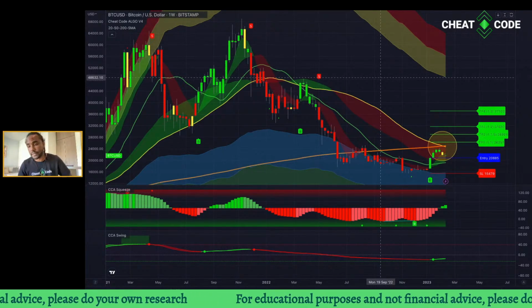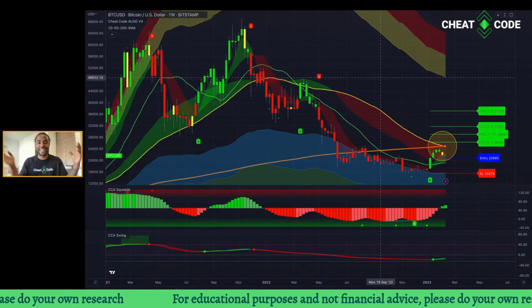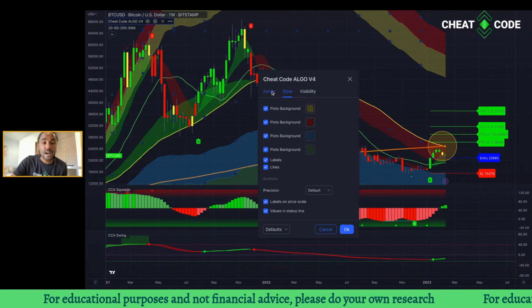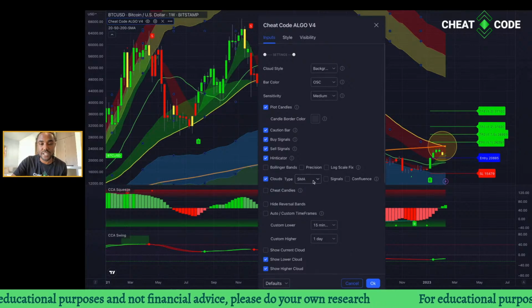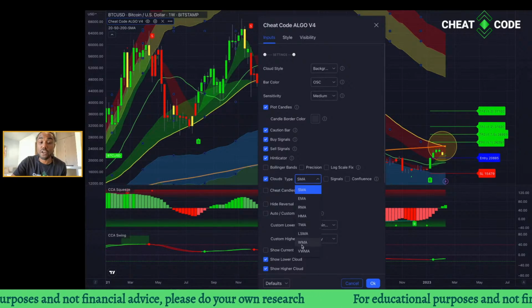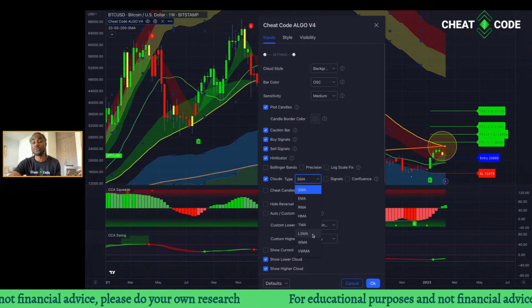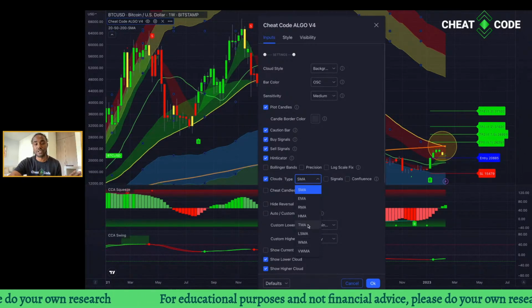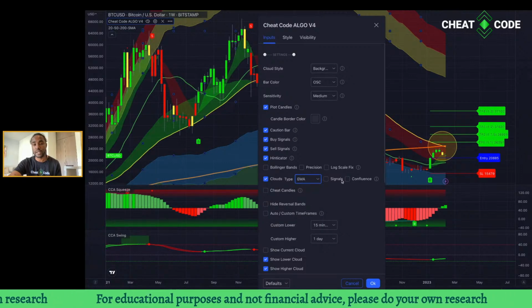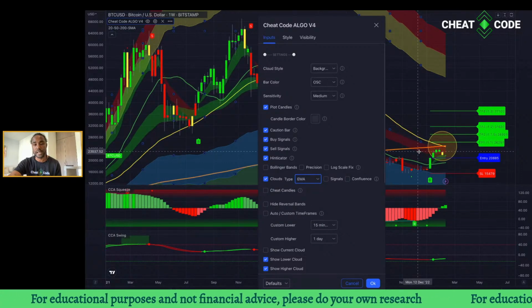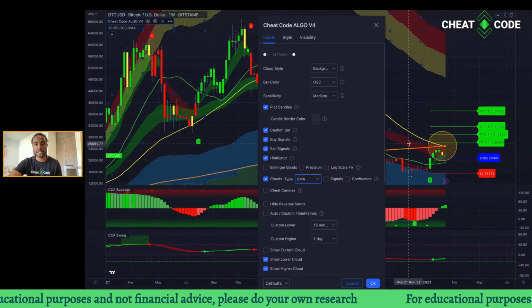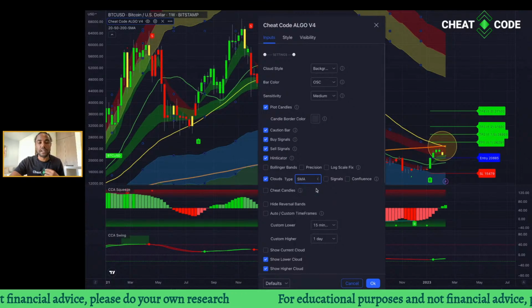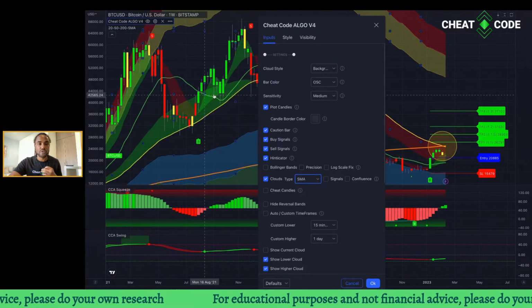So there's EMAs, there's SMAs, all kinds of different. Actually, you can use different moving averages in the cheat code algo. So depending on which moving averages you'd like to use, volume weighted, all kinds of different moving averages in here. So if you like to use EMAs, you can actually switch that and it'll change the trend cloud here. Okay. So you can see this change that happened in the trend cloud behind me. I do not use EMAs, excuse me. I prefer SMAs. So you'll see this.